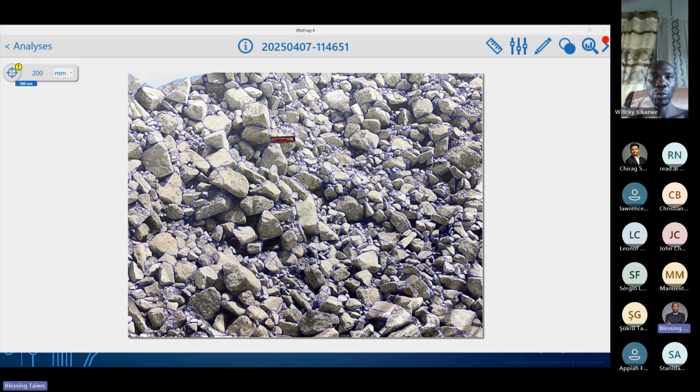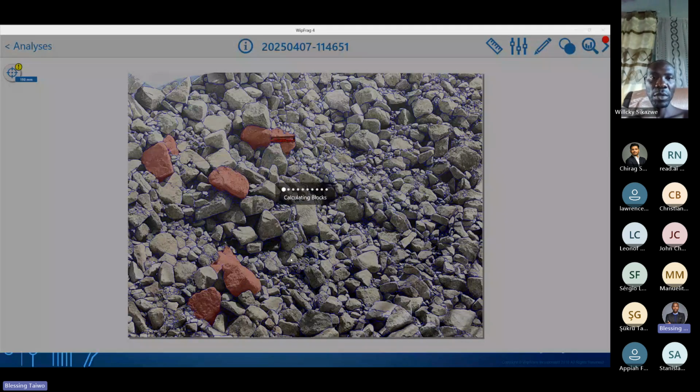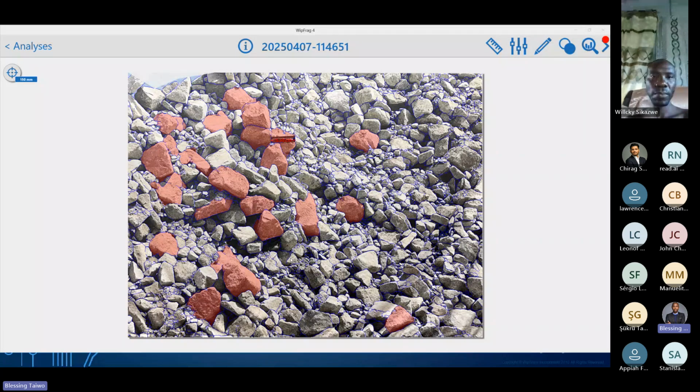When you enter the primary crusher and you update this to the two, it is going to show you the material that is bigger than your primary crusher. That is counting the number of boulders that you need to reblast or use a hydraulic breaker on. So if you enter the size of your crusher, or maybe the size of your bucket, the excavator that will be loading this material, you can easily know which of this material will give the excavator